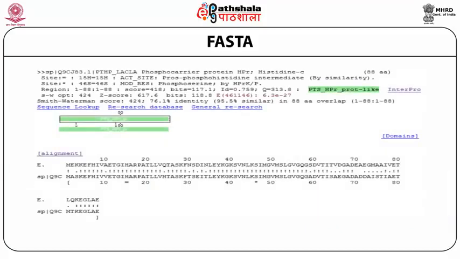You will reach the third section of the results page, which is alignment section. The annotation reports the histidine at position 15 and serine at position 46. Phosphorylated histidine is involved in PTS pathway. Phosphorylated serine 46 of HPr is involved in gene expression signal cascade. Both these residues are aligned. Similarly, have a look at other best scoring alignments covering nearly whole length.